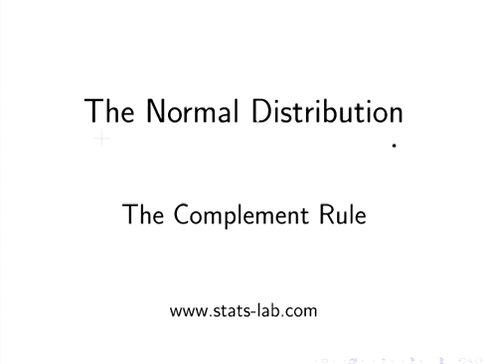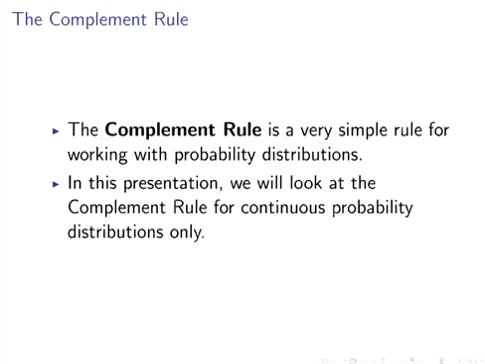In this presentation, we're going to look at the complement rule as part of our series of presentations related to the normal distribution. It is a very simple rule for working with all types of probability distributions. There is a variant for the continuous distribution family, but what we're going to do is look at the type for the continuous probability distributions only. So this applies to the normal distribution, but it actually applies to other continuous probability distributions as well, such as